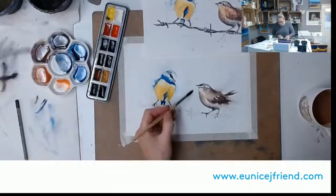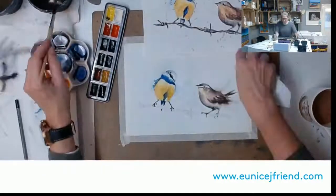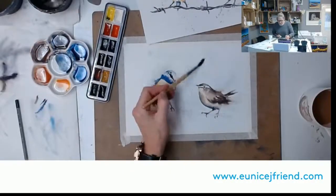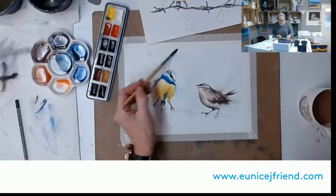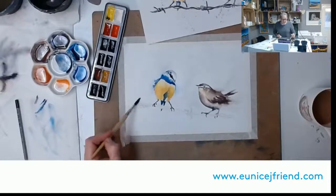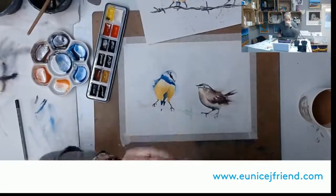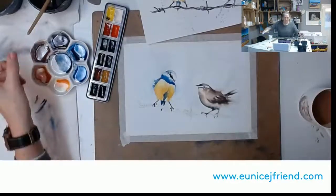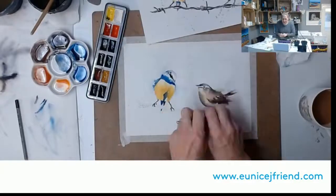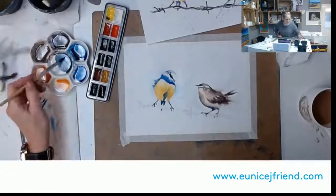We'll do our splatters now as well, whilst we're waiting for their feet to dry. I'm also going to wet all around, patchy. I'm not going to do a full coating, just some patchy water around the background. And the reason I'm doing this is I'm going to splatter, guys. My favourite bit, I'm going to splatter. And if you've got a wet background, as you splatter, the marks of the paint are going to spread in the water. So I'm going to take some of this lovely dark blue,